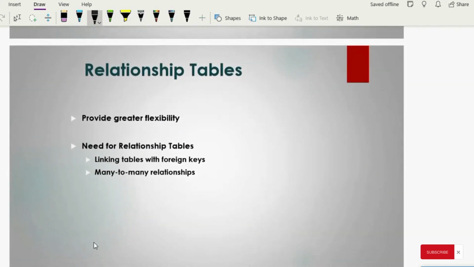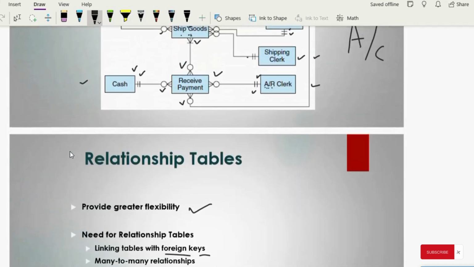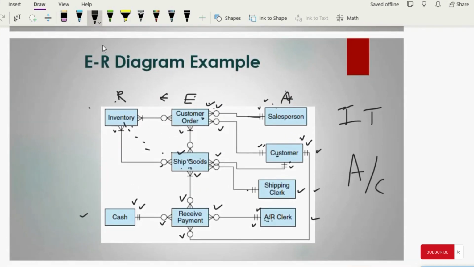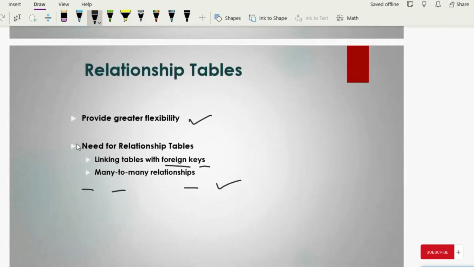Then this diagram is transferred into the relationship tables, or we convert the diagram into the database tables. It provides greater flexibility, and we need it because we need to link different tables so that we can generate as much information as we want. These tables are linked with the help of foreign keys, and many relationships we define. Just now I showed you the cardinalities, the relationship between different entities, so they are defined to generate the database